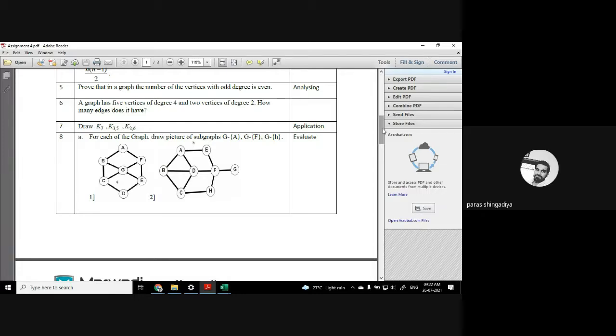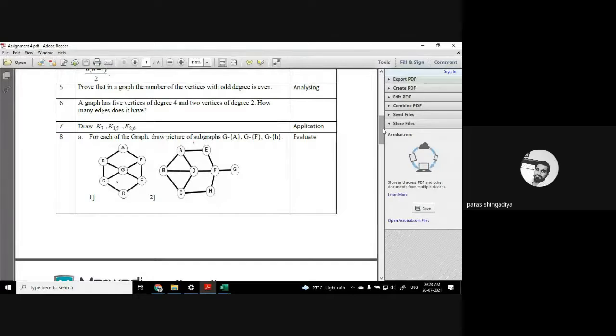Sometimes the number of vertices is very large, like K25, K19, K15. At a time we cannot draw this graph within the given period of time and also count the edges. So you can use that formula to check the answer. Clear? आपको draw नहीं करना है, आपको सिर्फ formula use करनी है to derive the answer.